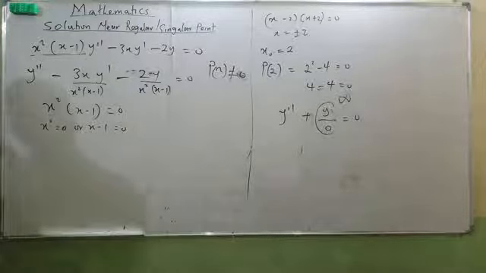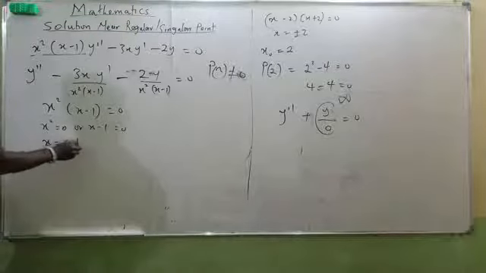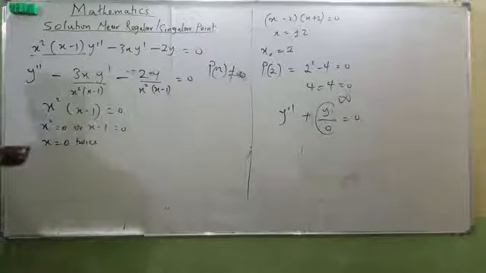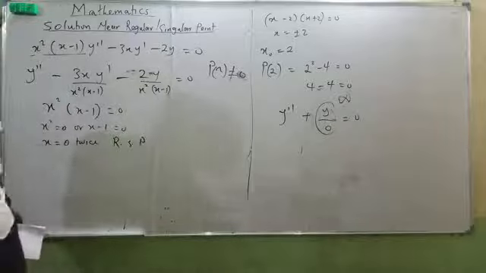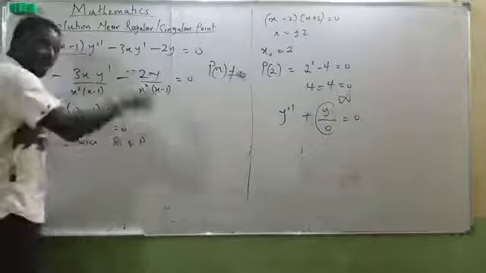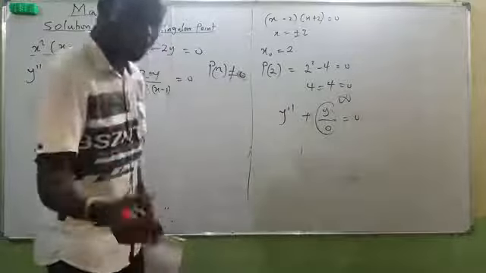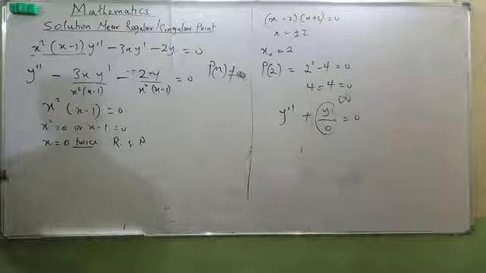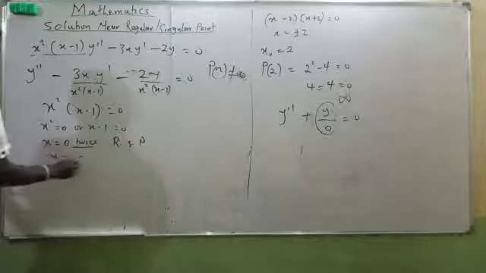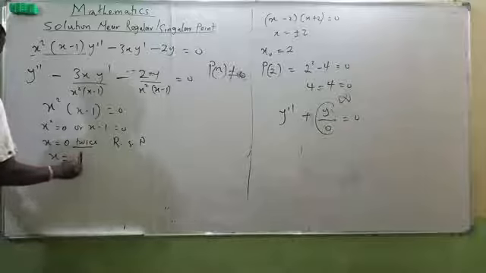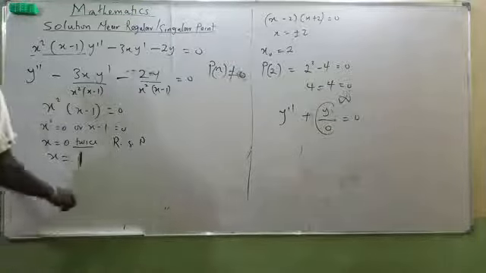Now it means I will say that my x equals what? 0 twice. It means what? Regular singular point. Take note of that. Regular singular point, because it is twice. It means that it is repeated, not one, it's 2 and above. Now, but x minus 1, which is my x equals 1. I think you can see that. Why is my x equals 1? Since my x equals 1, it means it is